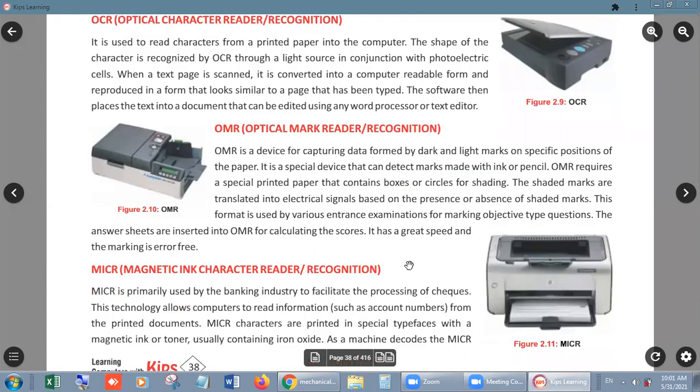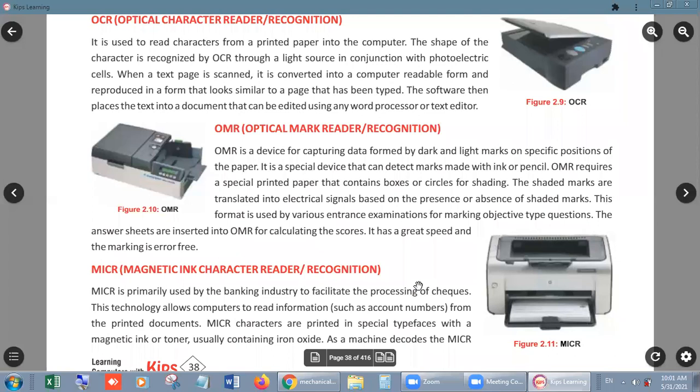Next is OMR. OMR sheets. I hope you all are familiar with some type of paper, OMR sheets. Wherever you have to select one option from four options, A, B, C, D, you have to choose one because one answer among the four is correct. So we have to fill that box or that circle with the blue pen or black pen, right?